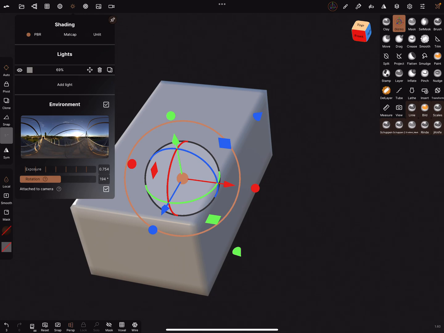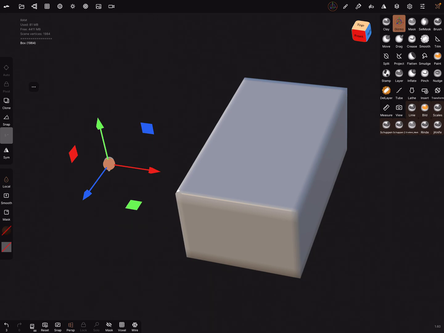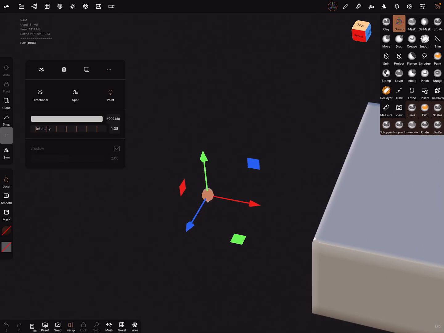In the light settings, when you add a light, and the light is here, there are three points here. Then you can adjust here the settings of the light. Yes, that's it. Fine.